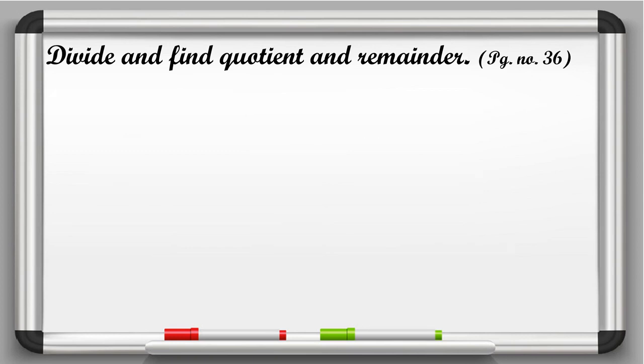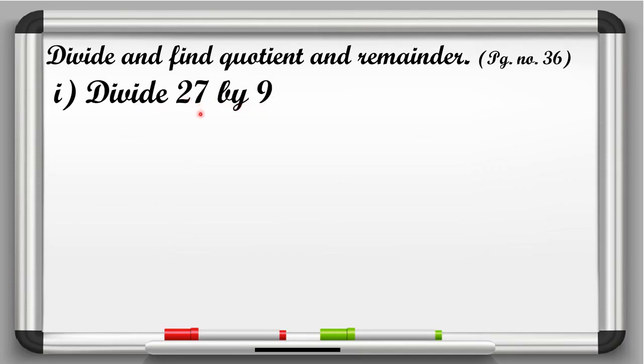Now in I part, it is given divide 27 by 9. So here you can see that 27 is the dividend. So here we will write 27. Now beta I am not writing dividend here. Okay, अब आपको पता चल गया, हम सिर्फ आपको बता रही हैं here 27 is the dividend and 9 is the divisor. So here we will write a divisor at divisor's place.